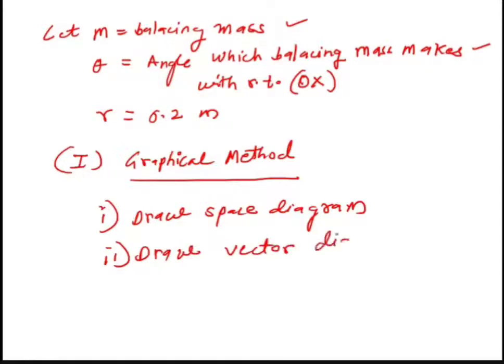Try to understand that in balancing of several masses rotating in the same plane, there will be no couple generated due to the unbalanced force. So no need to draw the couple polygon. Here I have to draw only a force polygon. In the next case, balancing of several masses rotating in different planes, a couple is generated, so you have to do the complete balancing. That is dynamic balancing. Here only the force polygon is sufficient. Okay, so let us draw the space diagram.